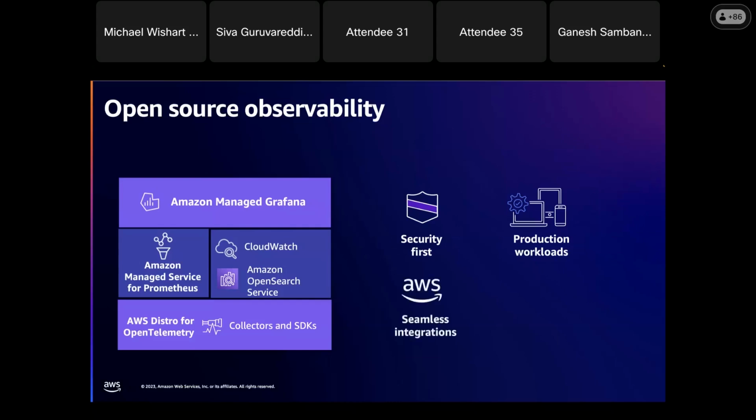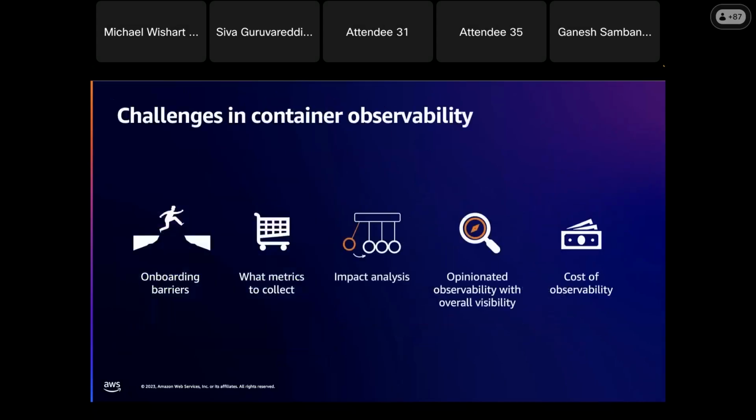And then seamless integrations, right? If the open source tool is AWS managed, you get all the benefits of AWS integrations, like you can enable EventBridge, alerting mechanism, dashboards. That will be a great benefit for our AWS customers. And then, of course, open source contribution. Whenever we use this tool and provide the managed services, we also contribute back to the open source community, and it will help the tool with a lot of functionality and fix bugs and issues.